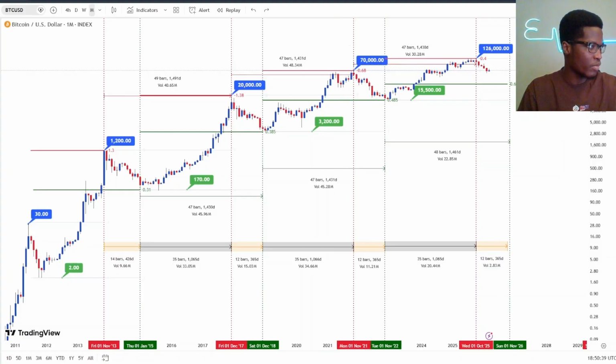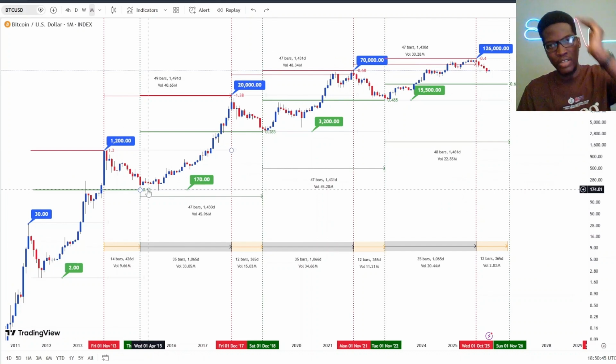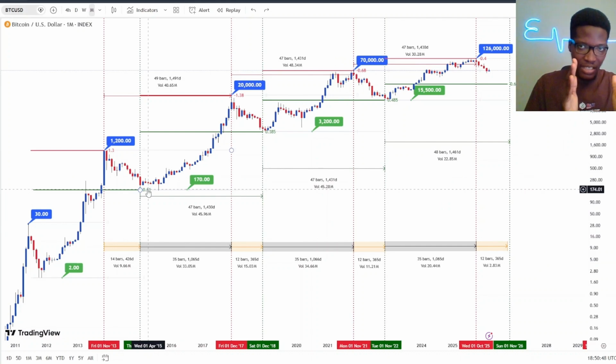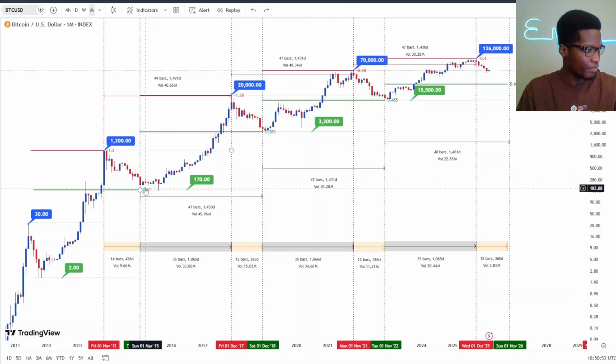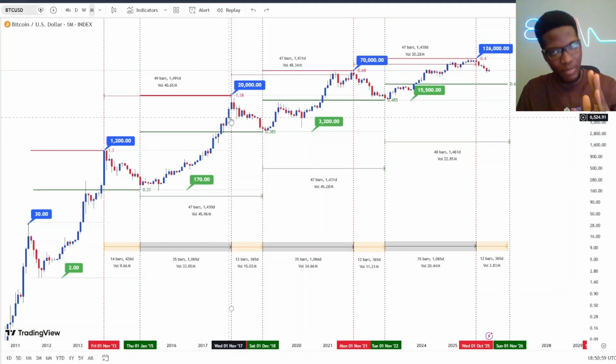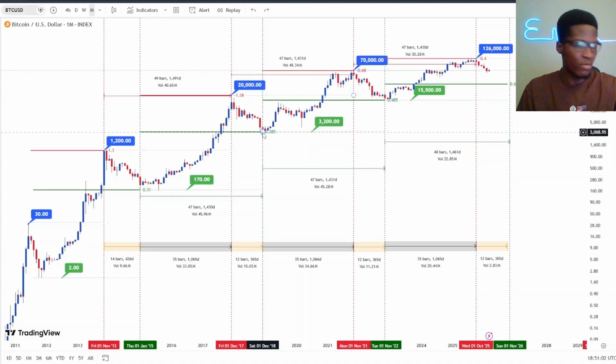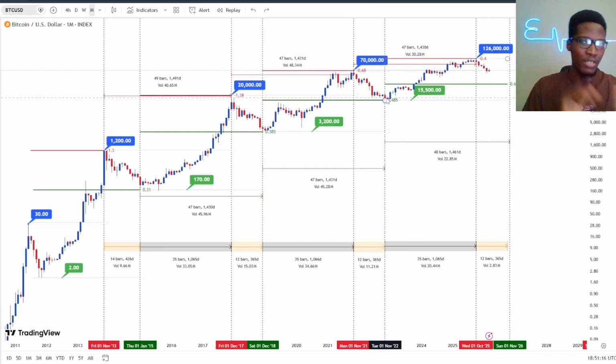Looking at this as well, from this bottom down here to the peak, if you watch how many months it takes, over here you can see it took 35 months. From the bottom of 2015 to the peak of 2017, it took 35 months. Next cycle, from the bottom of December 2018, 35 months later we had the exact peak. So if you extrapolate that from the bottom of November 2022, 35 months will be October 2025. So this is a likely month for that to occur.